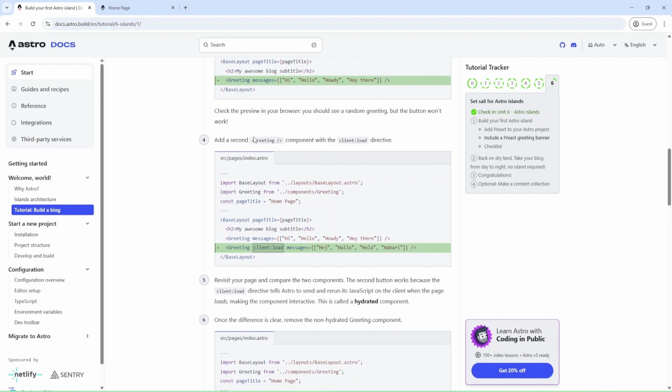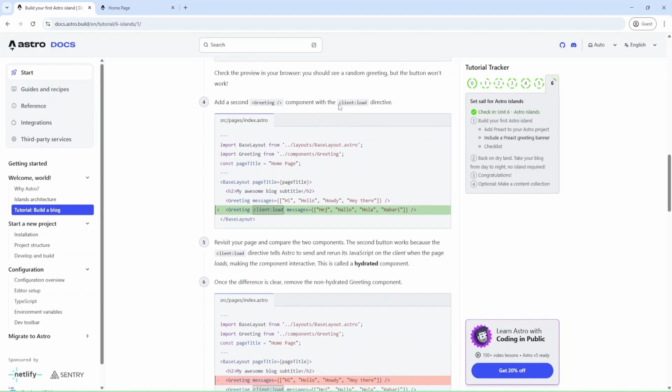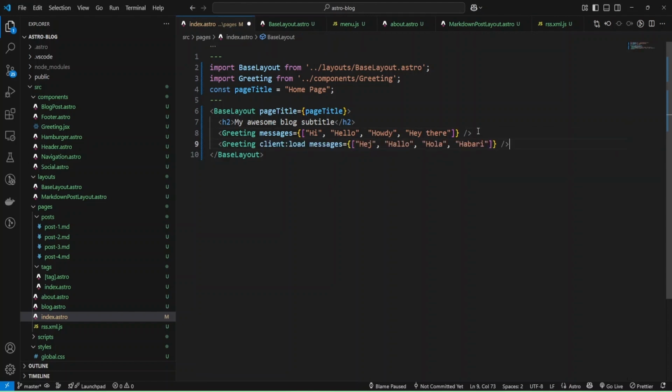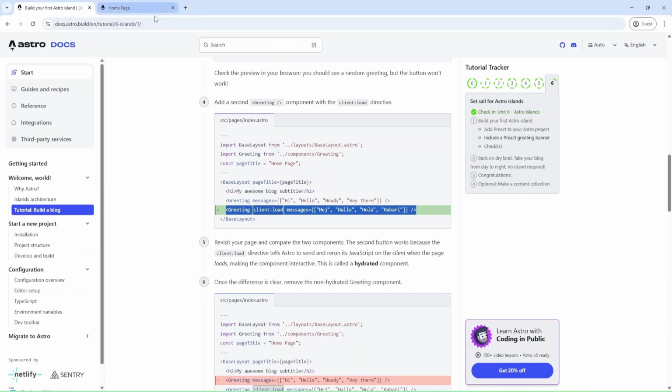And as you can see, we need to add client load directive. And let's try. I'll add it below greeting. Okay, and now we have two greeting components, but one with client load directive. Let's check.